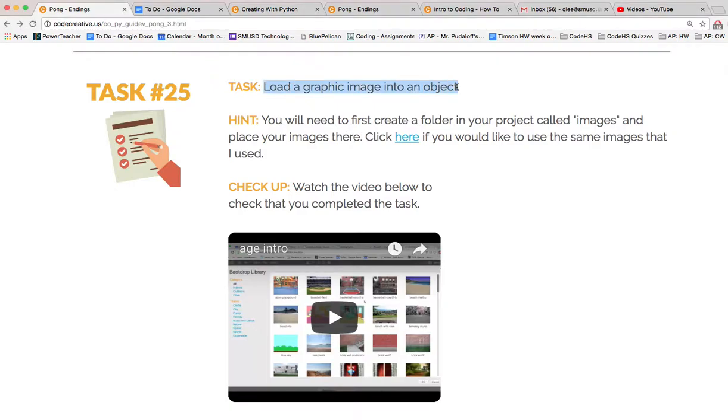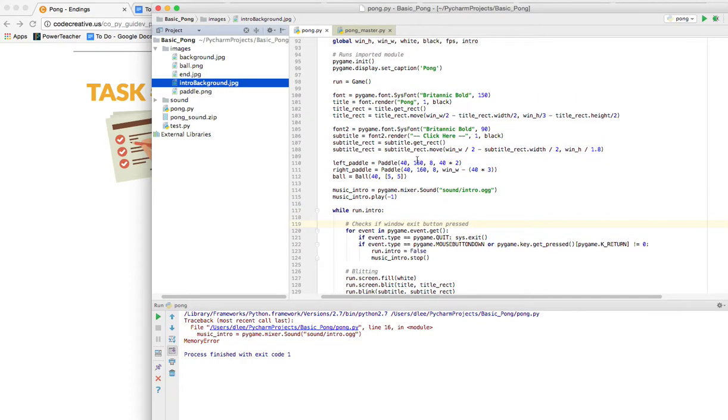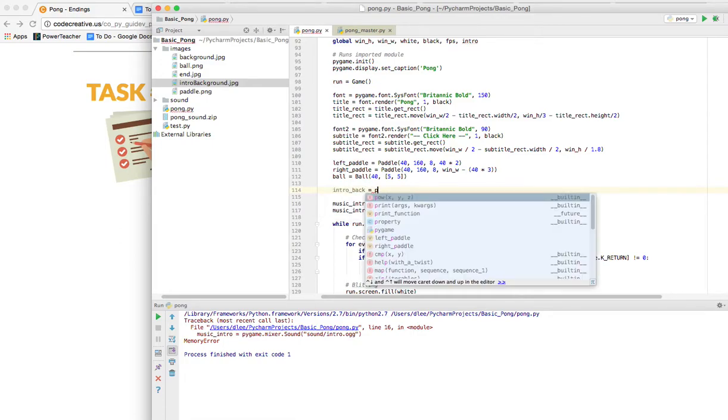Now we need to load a graphic image into an object. And a good one to start with would be intro background, right? So let's go ahead and do that. I guess we could do it right here above the music, and we will say intro_back is going to be equal to